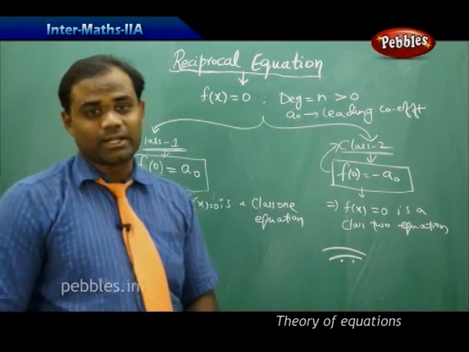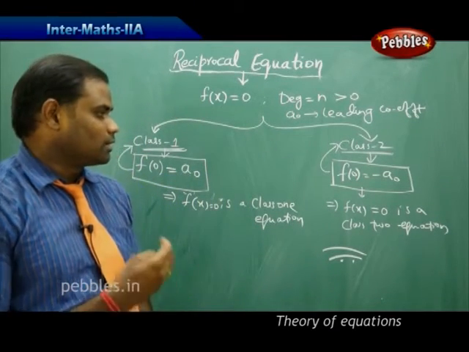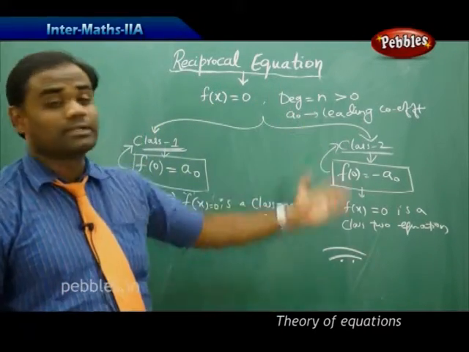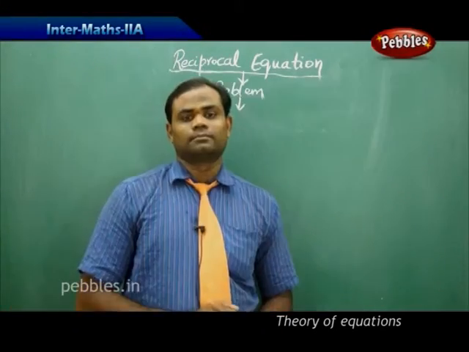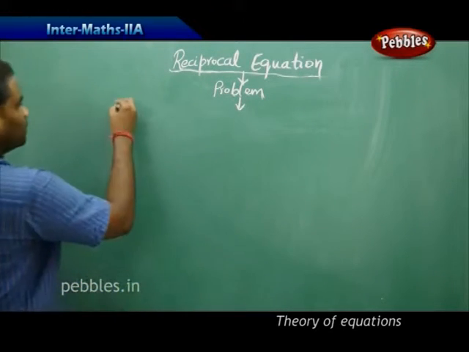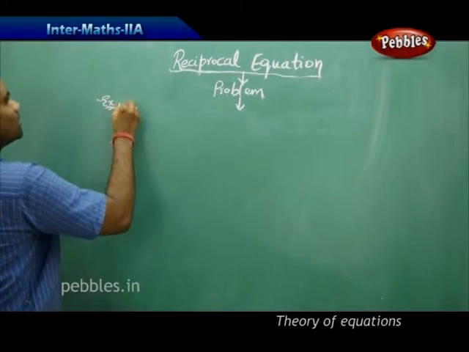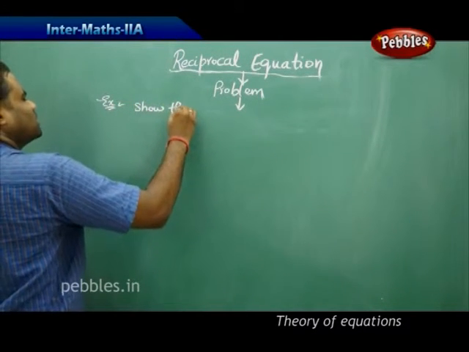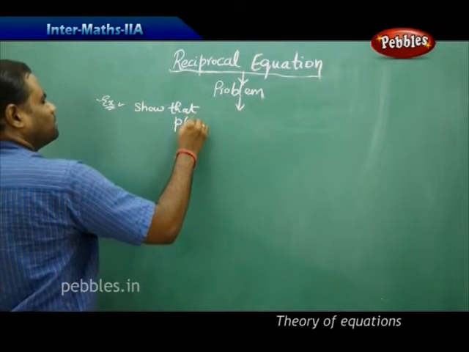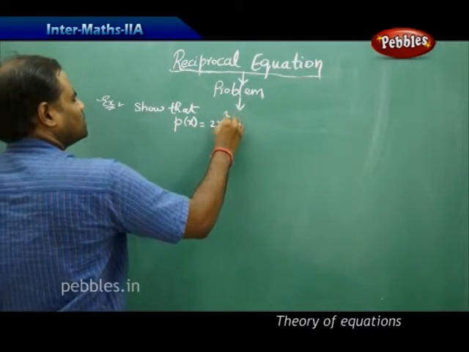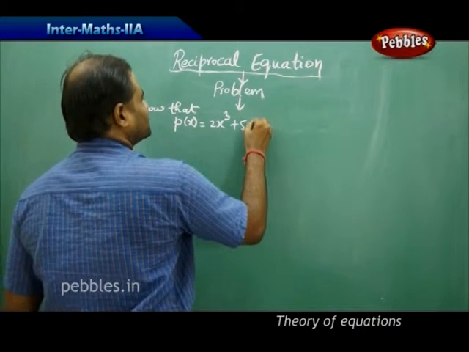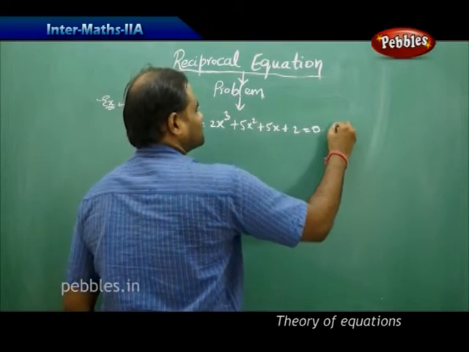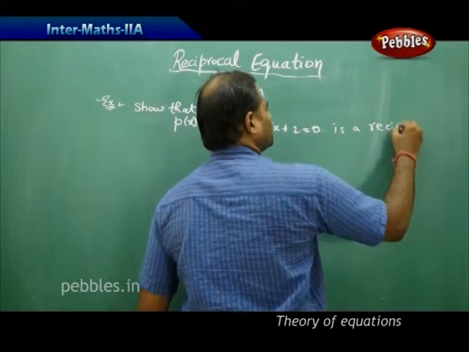Now let's see this through an example problem on how we can understand better class 1 and class 2 equations, and of course the reciprocal equation associated. To start with, an example problem which says: show that the polynomial p of x equals 2x cubed plus 5x squared plus 5x plus 2 equal to 0 is a reciprocal equation